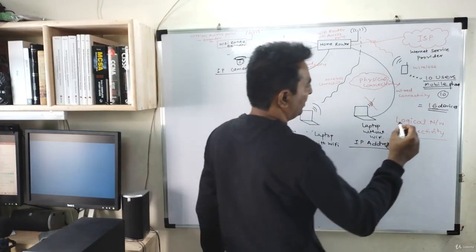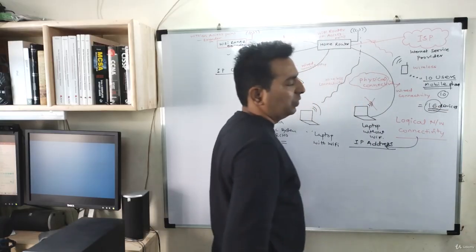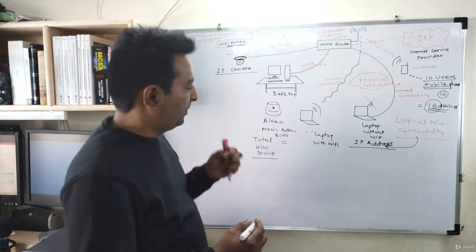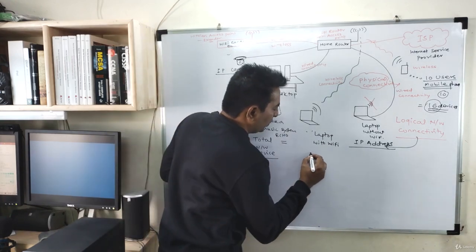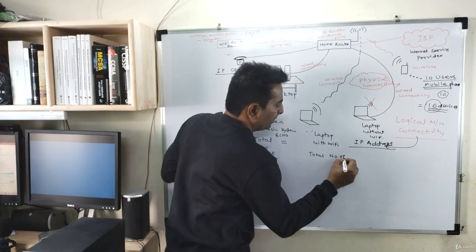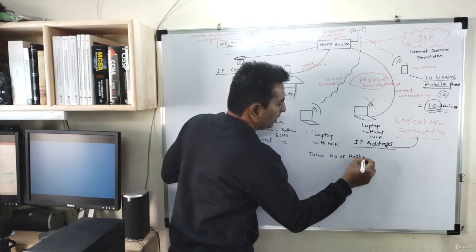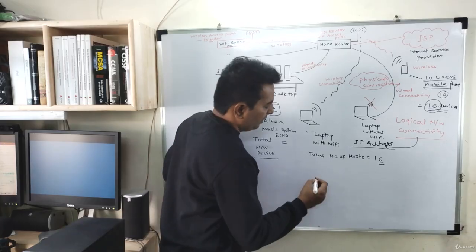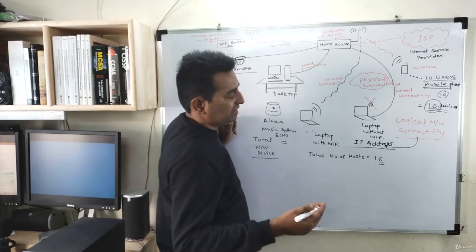So total number of devices you have is 16. So total number of hosts is 16, right? Now, as discussed in the last session,